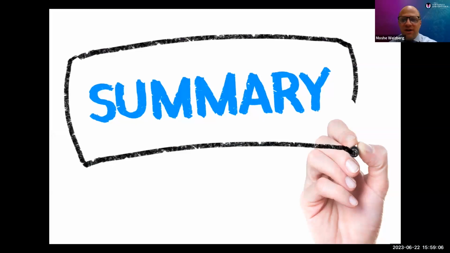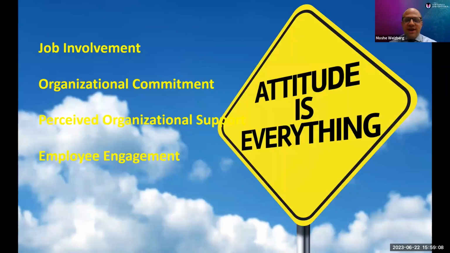So let's try to put this all together. Attitudes, personality traits, and the dark triad. Remember the 4 attitudes that are associated with success in business, and let's apply them to our residency recruitment. Job involvement. Do they believe what they're doing is important to the world? Look for that resident, rank them high, get them on your rank list, get them to love your program, get them to want to come.